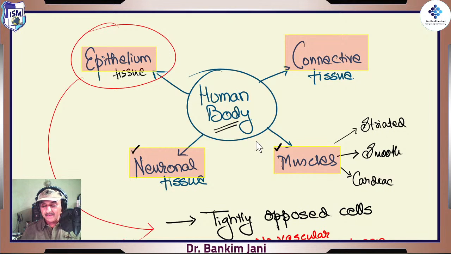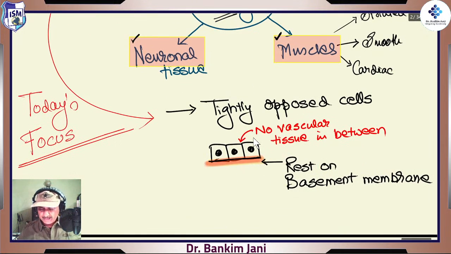But then there are connective tissues. It is not so that in the entire body there are only muscles. There are also connective tissues, which have several functions. So yes, this is also a very big topic, and that would be the topic for tomorrow. Today we are talking about epithelium, that fine covering, a very mysterious topic. And once we have learned this mysterious topic, the rest of the topics become so easy because they are based on something which we'll be learning today. So yeah, in muscles there are striated, smooth, and cardiac,